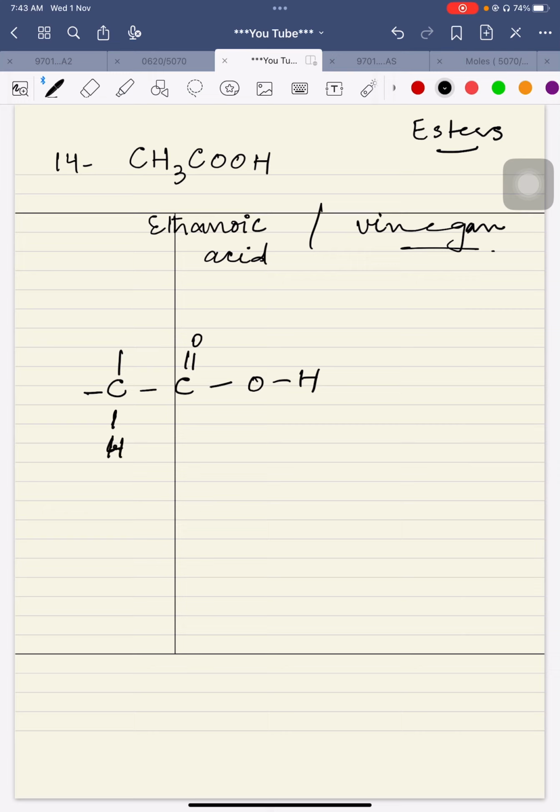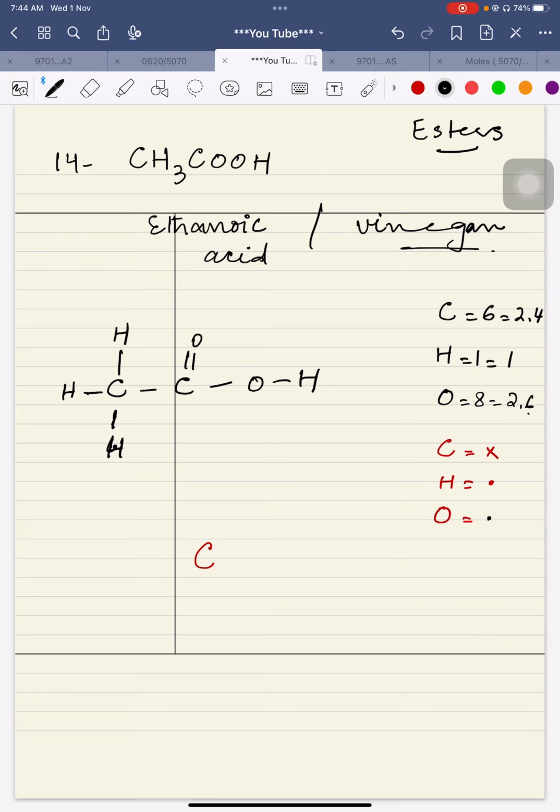So one should keep this structure in mind, so that C double bond O, OH will be written like this. Now the point is this: carbon has six electrons, so 2 and 4, whereas each hydrogen has 1 electron, and oxygen has 8 electrons, so it is 2 and 6. Now I am writing this carbon, and I'm saying that carbon electrons will be represented with the cross, hydrogen electrons will be represented with the dot, and oxygen electrons will be represented with the black dot. Okay, so this is how we are dealing.